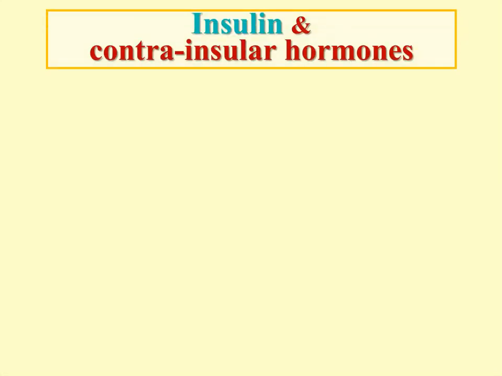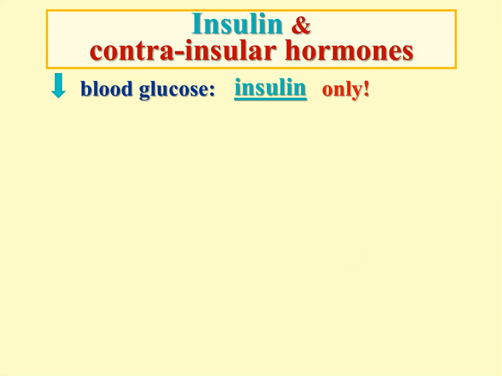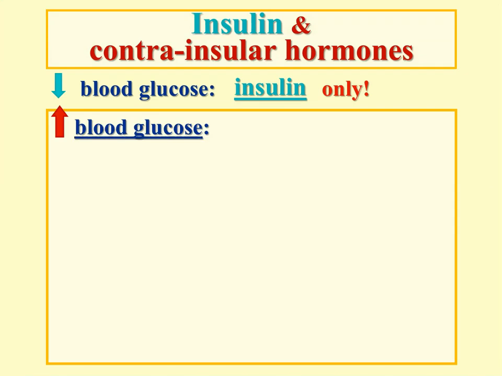And before we shift to the other hormones, I need to remind you of the action of many hormones that are contra-insular. We have in our body only one hormone that decreases blood glucose, only insulin. But there are a number of hormones that increase blood glucose level. Of course, first to be mentioned is the antagonistic hormone for insulin, glucagon. But even in a previous lecture part, you could remember that some other hormones produce an increase of glucose level. And among them,